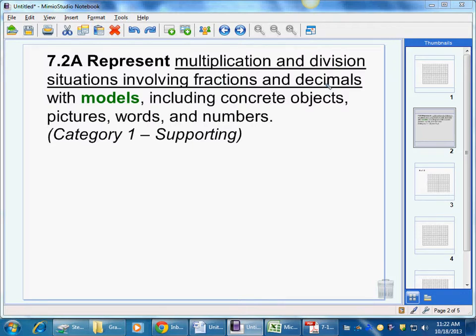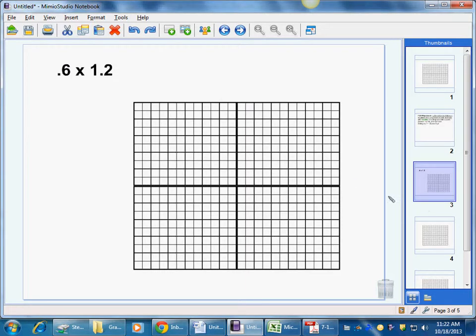fraction and decimal operations. So, I've chosen for us to walk through together a very simple, straightforward problem, 0.6 times 1.2. We can make up a storyline that would model that, but for right now we're going to stick with